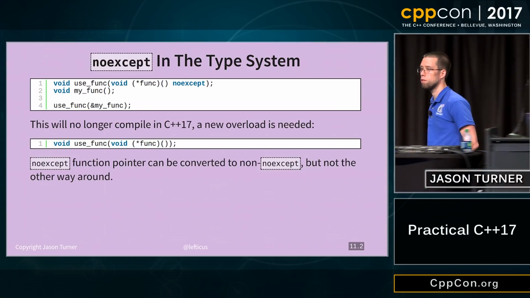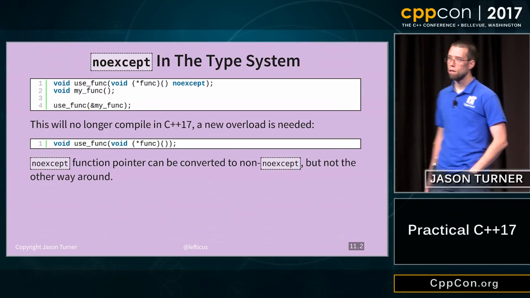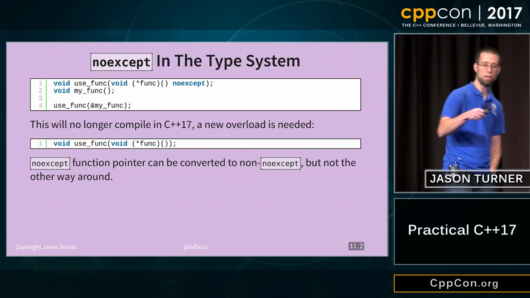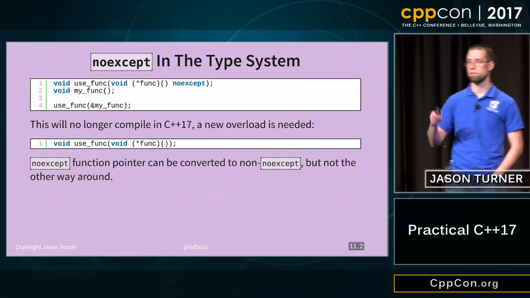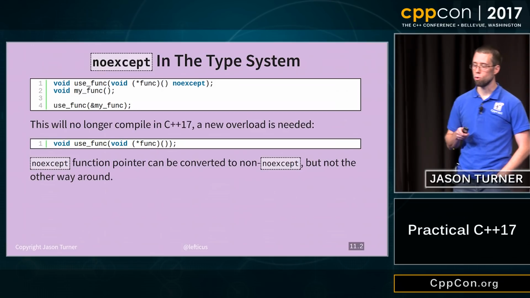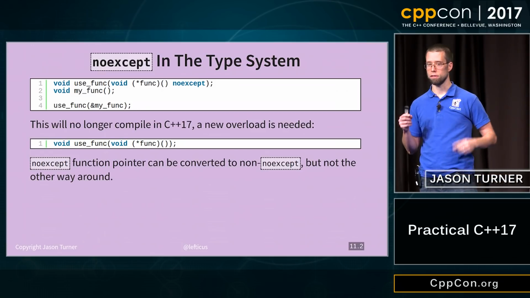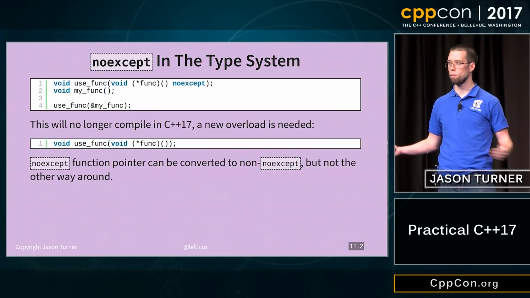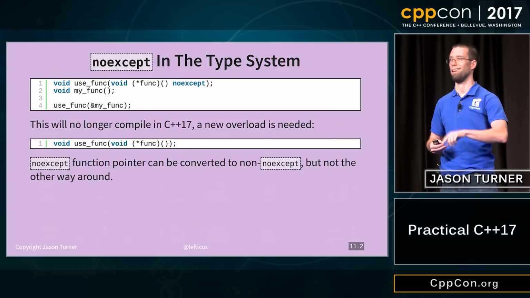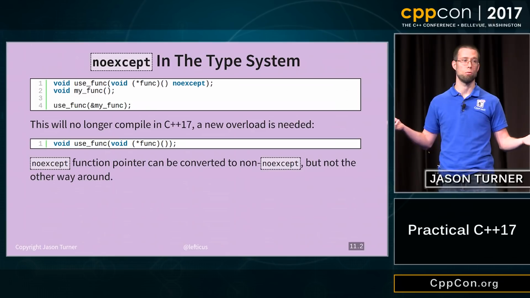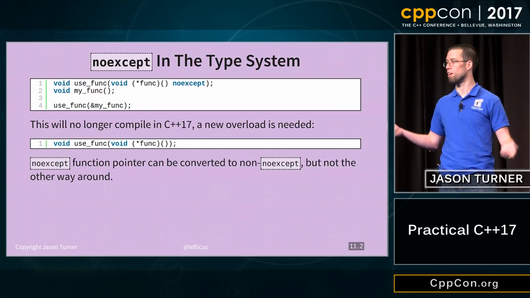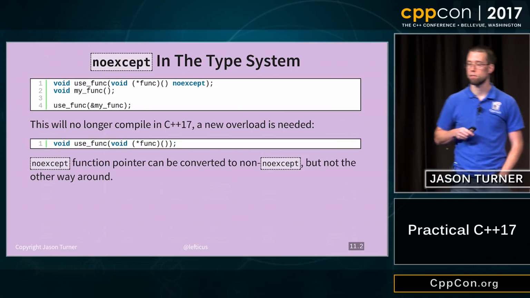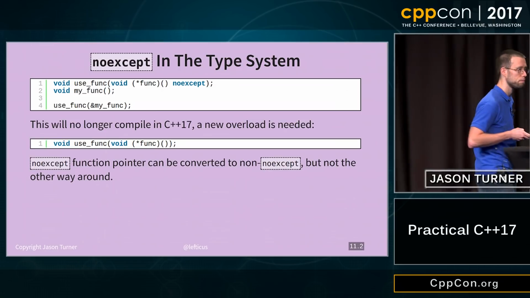Does it work the other way around? Okay, so the question was, does it work the other way around? If on line 1 that was not marked noexcept, and I wanted to pass in a noexcept function to it, yes, that would still work in C++17 also because it's a lower requirement. A noexcept function pointer can be converted to a not noexcept function pointer. I have a really hard time with the vocabulary there. With the not noexcept, I end up cascading all of these negatives. But yes, it would still work in C++17 also.